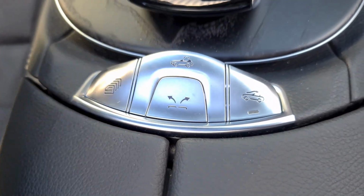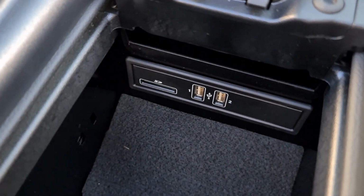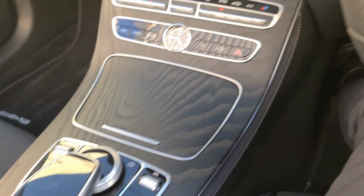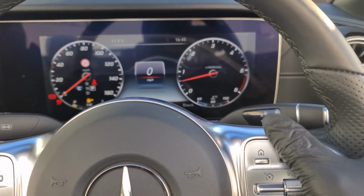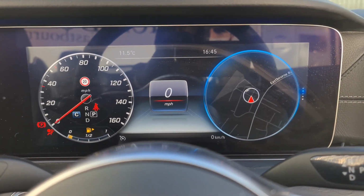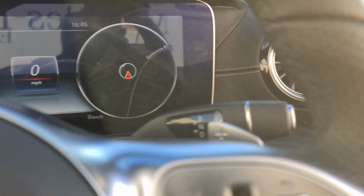Now, when the light's on, it will smooth the airflow over the top of the car and over the passengers in the car itself. Opening up the center console just here, you can also see we have 2 USB points as well as an SD card slot. Now, this screen in front of the driver, as always, is hugely customizable, so you can play around with that as much as you'd like, but a personal preference is having the sat-nav in there. It really makes it much easier to judge both your speed, as you can see there, and your direction that